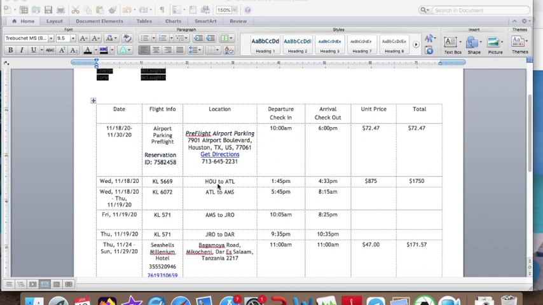I put the location. I usually use the airport code. So, I left from Houston and I was going to Atlanta. And I tell you when I depart. So I departed at 1:45 p.m. I was to arrive at Atlanta at 4:33 p.m. So it's the same day thing. I put the cost of the flight on the first leg of your flight. And then that's it. So any other flights for that total trip,